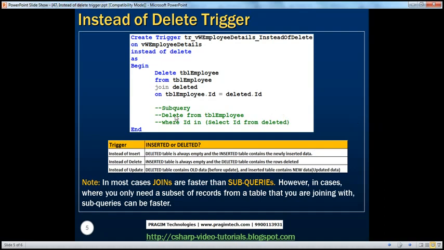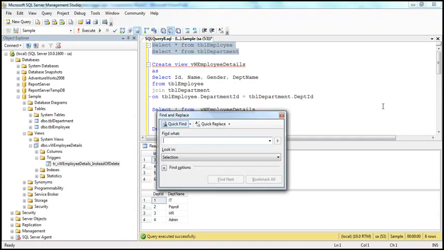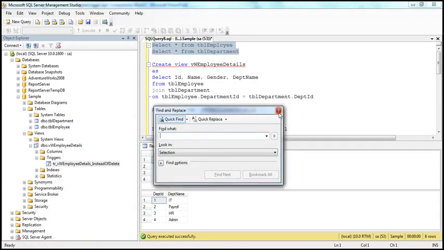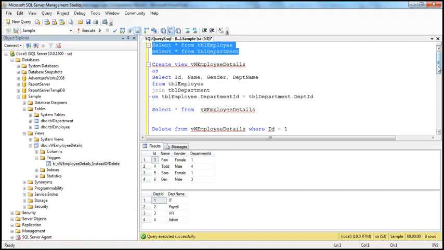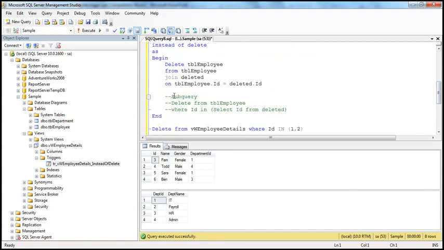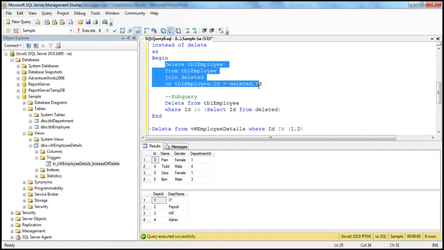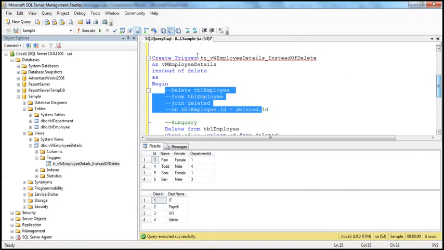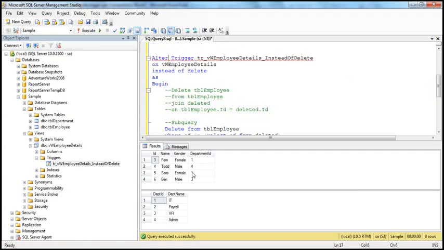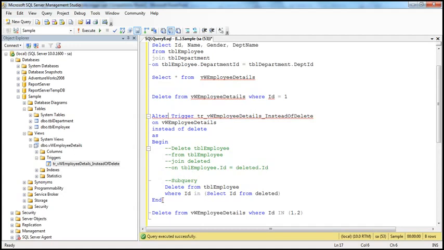Now if you look at this, the subquery part is actually commented out, but you can use either joins or subqueries. So let's uncomment the subquery and comment out the join, just to prove that your subquery works in the same way. Since we have already created this trigger, you just need to alter it because it already exists. So ALTER TRIGGER,